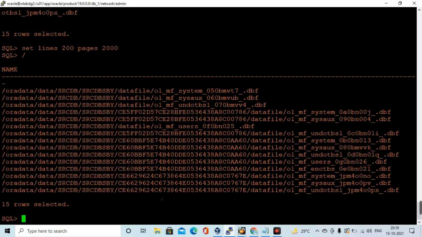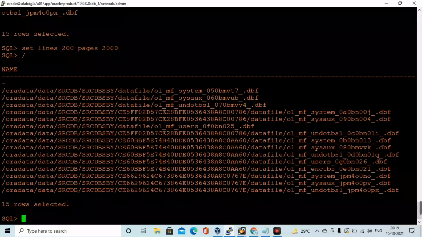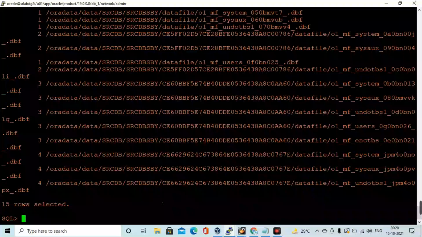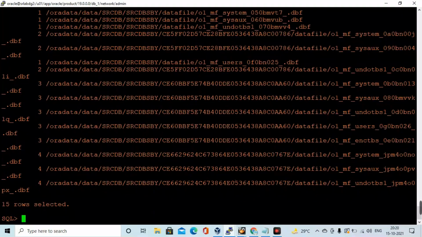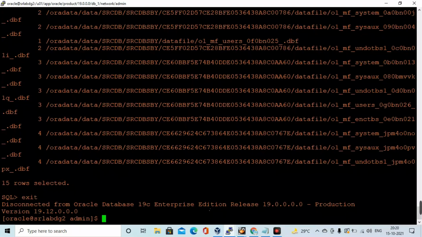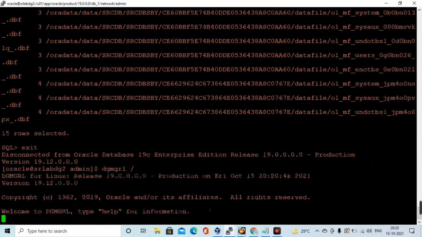So lost 3 files. Actually, why is it showing the data file like this? I have altered that DB file create location. This location I have specified, that's why it's showing like this. Otherwise, DB file create test is enabled. That is what it's showing, those OMF file locations, OMF file architecture.